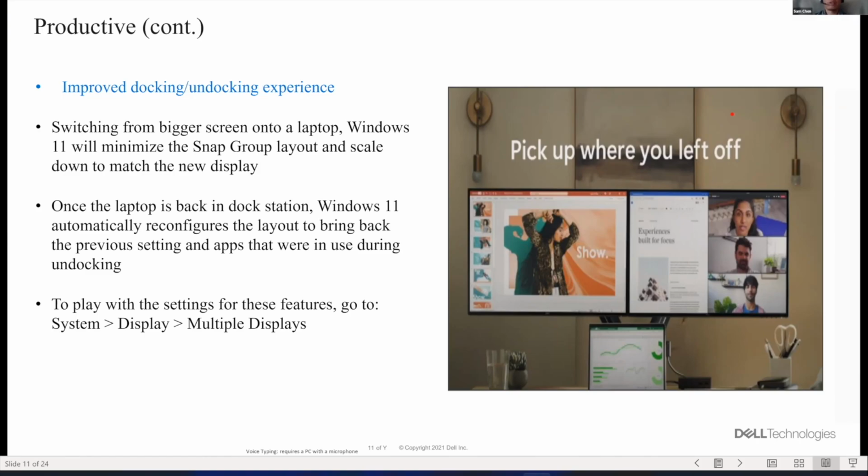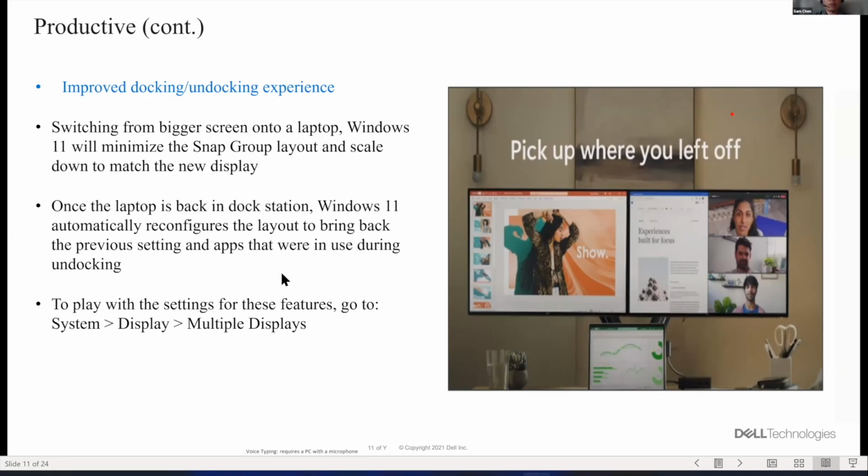But Windows 11 will remember where you left off when you're redocking and docking back to the external monitor. You no longer need to worry about where your apps were left. Windows 11 will automatically lay them out for you and remember where you left off. So it will be much easier to organize whenever you leave your work and want to go back and replug into the external monitor. Windows 11 remembers the location you left off.